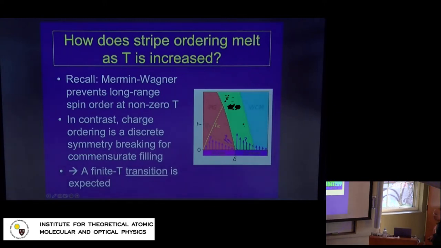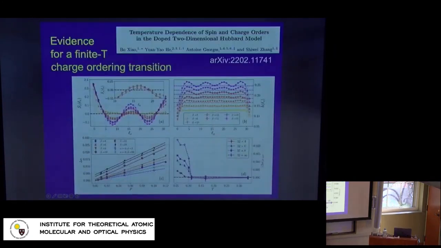To my knowledge, this was really not investigated in any form of detail. And recently with Bo Shao, a postdoc at CCQ, and Yuan Yao and Shiwei Zhang, we actually studied this question using AFQMC. And the answer indeed is that there is a finite temperature transition. So this is this pattern of spin charge order for various values of inverse temperature beta in units of the inverse hopping. And what you see here when we massage and do data analysis on these plots is that the charge modulation sets in at a temperature scale, which here in units of the hopping for those parameters is on the scale of 0.1 times the hopping.